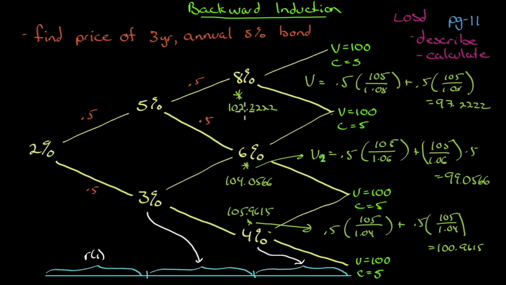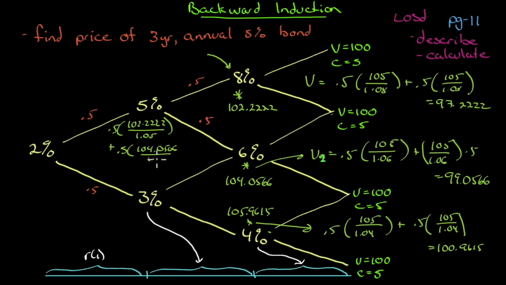Because look at this, we're going to bring back 102.2222 at 5%, half of that, and we're going to bring back 104. Notice that these are different now. Once you start moving from the payoff inwards, it becomes a little bit different. So we add our coupon payment here, and then we bring back the 102.22 at 0.5. So we'll have 0.5 at 102.2222 divided by 1.05 plus 0.5, and the value here is